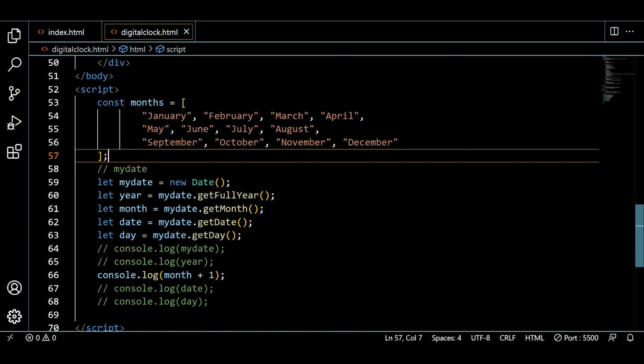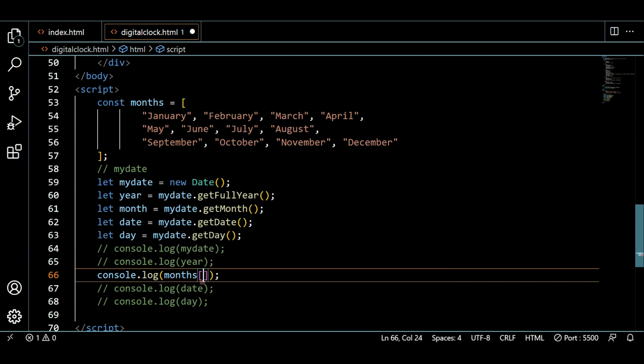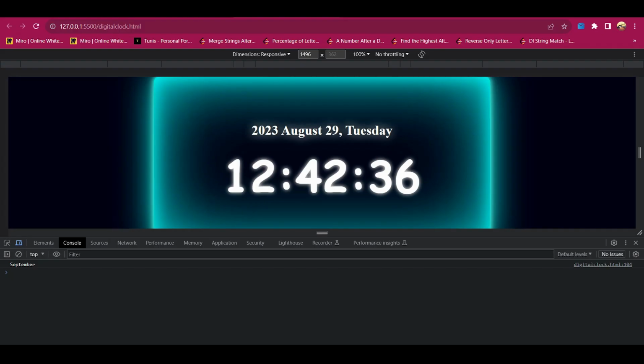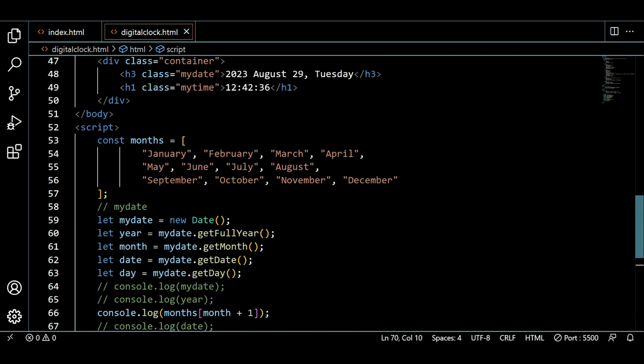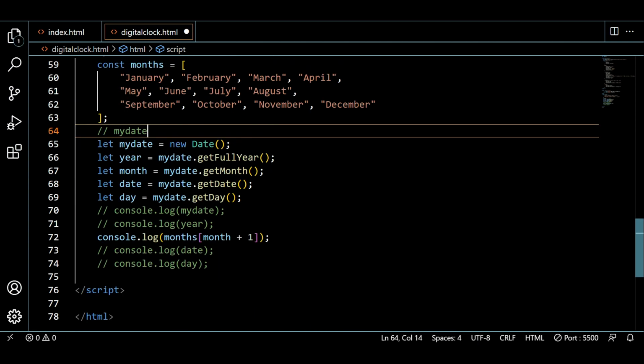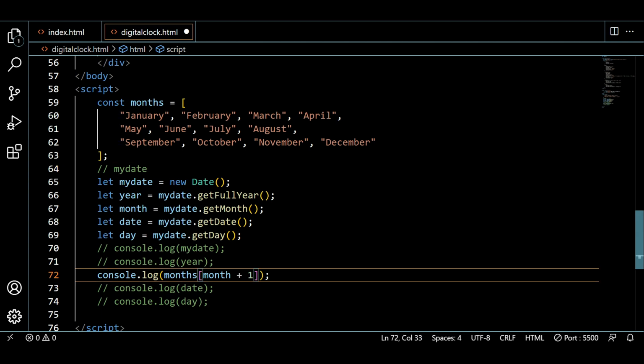Now if I want to get the name of my month, what I can do here is, instead of this, I will just say months and index the value of month plus 1. Now on my console here, if you see, I will be getting a value as September. So why is it coming up as September? Let's see. 0 1 2 3 4 5 6 7 8. So it's 7. So I do not have to put 1 actually here,